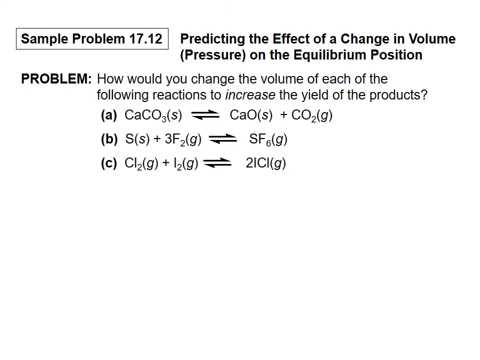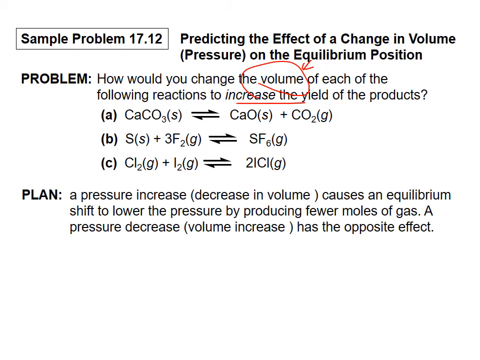Sample problem 17.12. How would you change the volume of each of the following reactions to increase the yield of the product? In the last few slides we showed that the volume change has the effect of pressure change, and the pressure change may cause the reaction to shift direction. So our plan is we look at the pressure change. If pressure increases, then the equilibrium will shift to lower the pressure. That's the